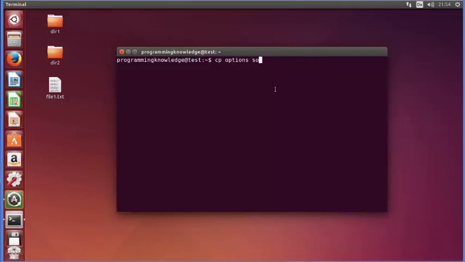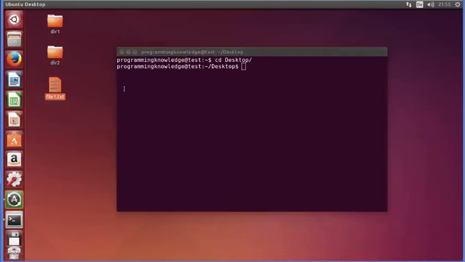So let's get started. First of all, I will cd to my desktop, and here on the desktop you can already see that I have two directories and a file. So for example, I want to copy a file into a new file. What I can do is write cp and then the name of my file1 which I want to copy, and then I want to copy this file into a new file called